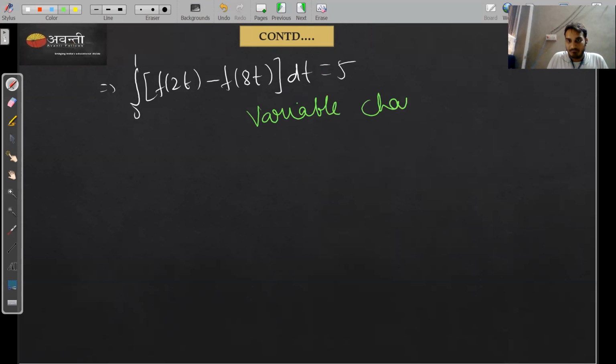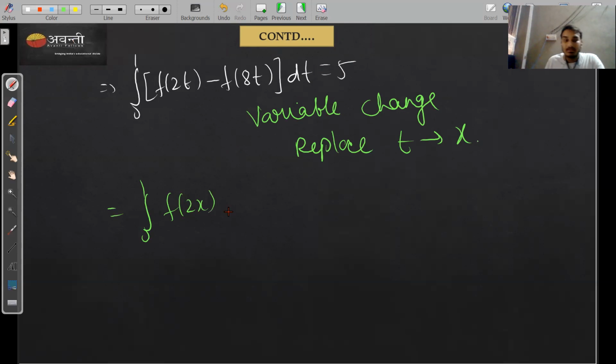Variable change. In the definite or indefinite integration, the variable doesn't play any role, right? So replace t with x. So what you will get? You get the integration from 0 to 1 of f of 2x minus f of 8x dx is equal to 5. Yes or no? So let's call this equation 1, and equation 2, which is given already,